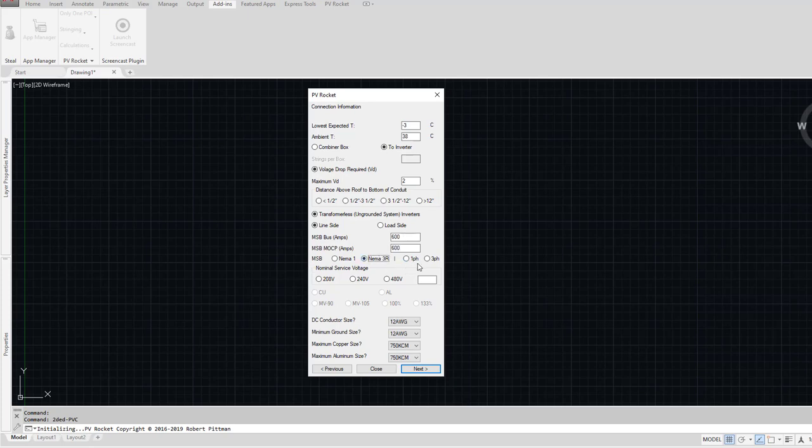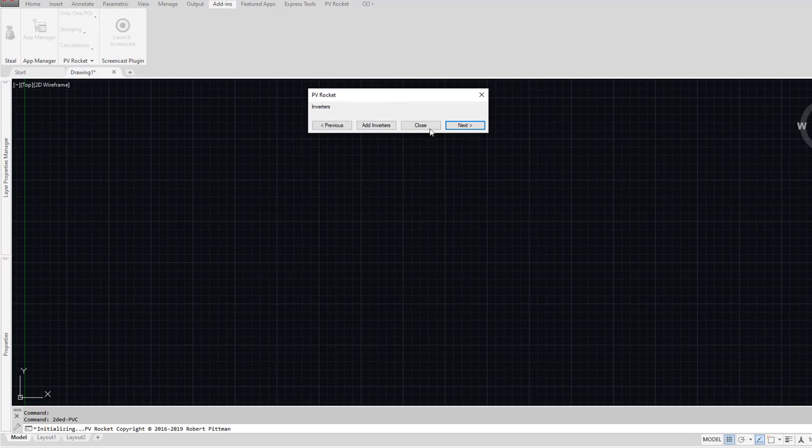The main switchboard is NEMA 3R outdoor, 3-phase, and 480 volt. And I'm going to go ahead and hit next. Now, we haven't strung anything. I'm going to pause here and say that I'm running AutoCAD 2020, and it's a clean drawing